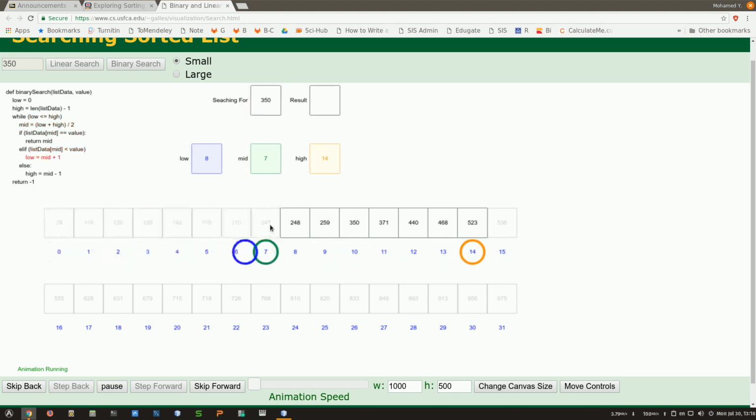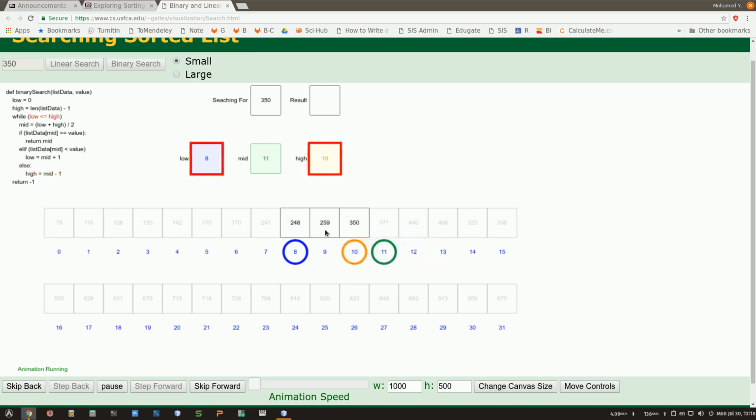Is it equal? No, it's not. So is it bigger? Yes, it is. So I'm going to be looking on the right side. So is this the number? No, it's not. And then is it bigger? No, so it's smaller. I'm going to be looking here, and it's going to be doing this until it finds